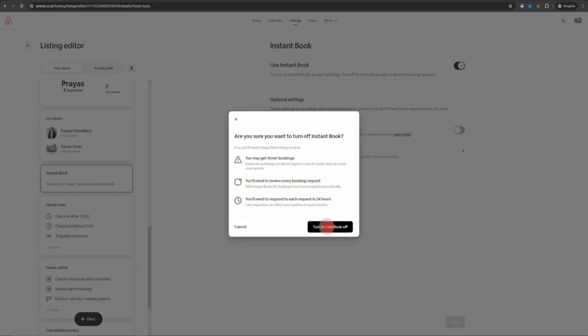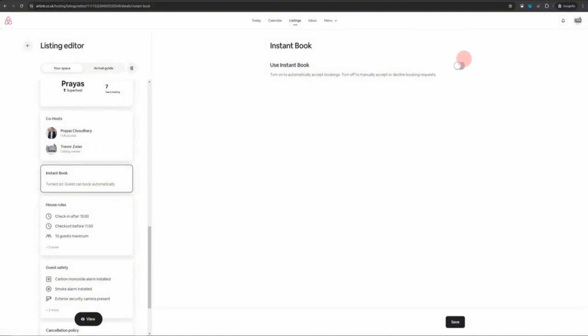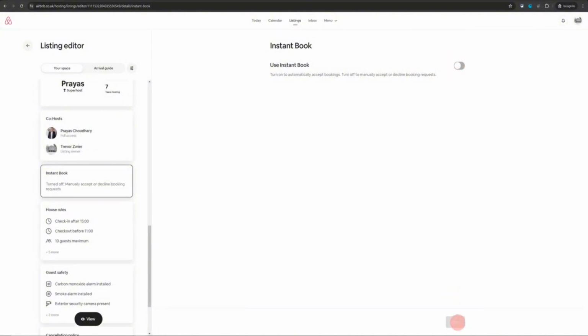And after you turn that off, make sure to save the changes to your specific listing by clicking on the save button at the bottom of your screen. And that is how you can basically turn off